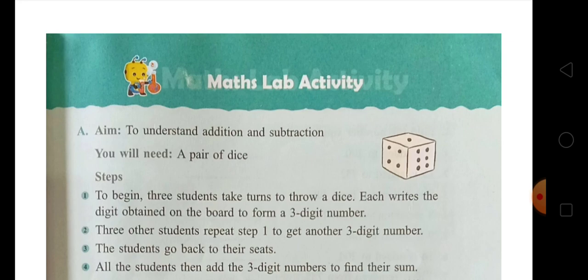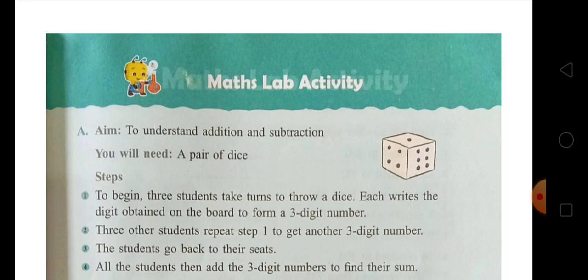Today we have to do maths lab activity, that is given as activity A and activity B. On the last day we learned many topics in addition and subtraction of bigger numbers. The subtopics were adding 2-digit numbers, adding 3-digit numbers, subtracting bigger numbers and story sums. But today our topic is the maths lab activity that is given in your book on page number 101. So let's start. To understand the maths lab activity, you have to do it.